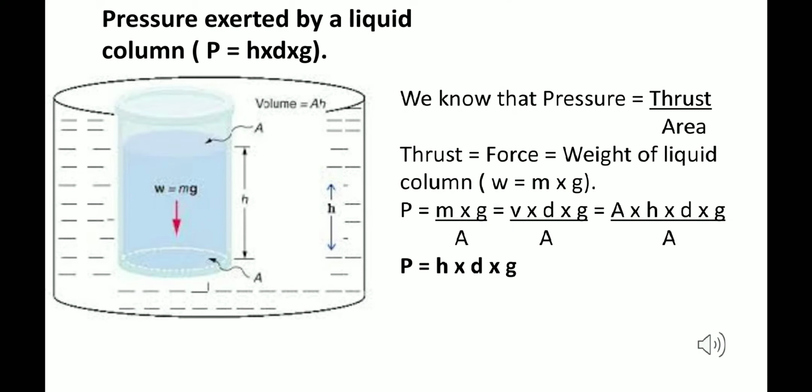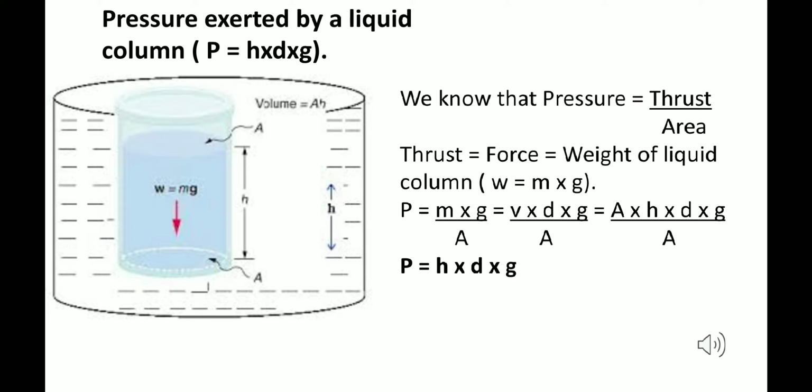So now in this picture we can see that it is written pressure exerted by a liquid column. So we are about to derive a formula for pressure inside a liquid. What is the pressure experienced inside a liquid at height h of a fluid of density d, and the acceleration due to gravity at that point will be the same. So it is taken as g. So we are about to find out the formula for how the pressure is calculated at height h inside a